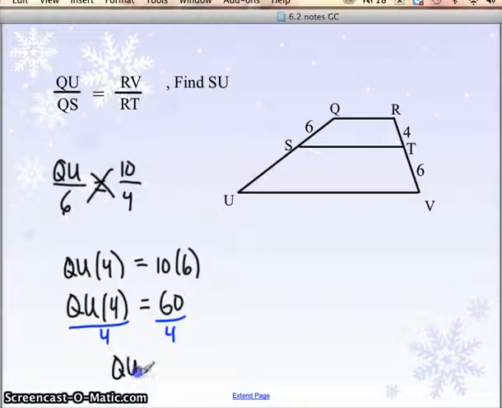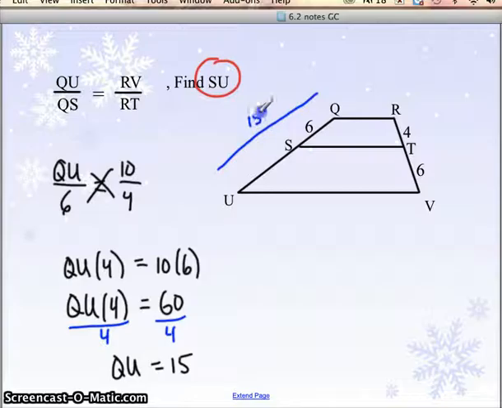So QU will equal 60 divided by 4, which is 15. But it's asking for us to find SU. So we just learned that QU, this whole thing, was 15. But I want SU, which is right here. So I'm going to have to do 15 minus 6. Okay, QU would equal QS plus SU. I know that QU is